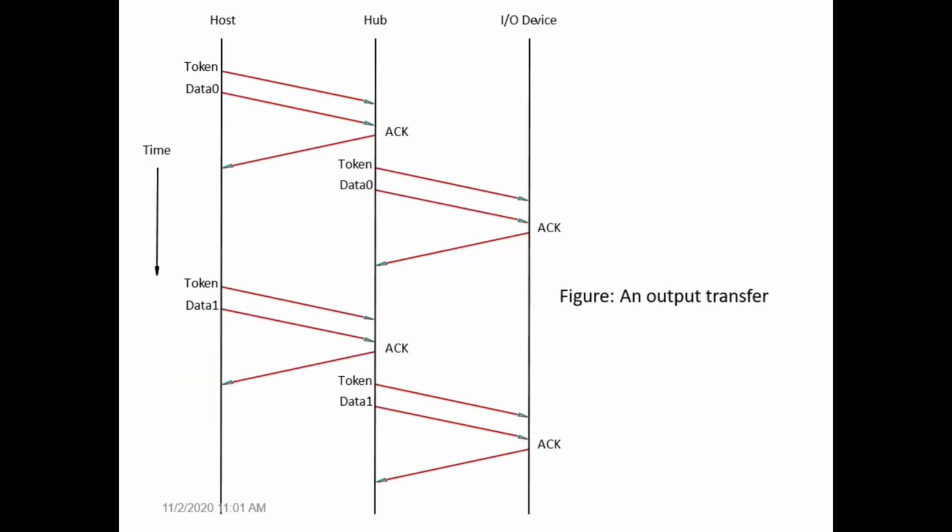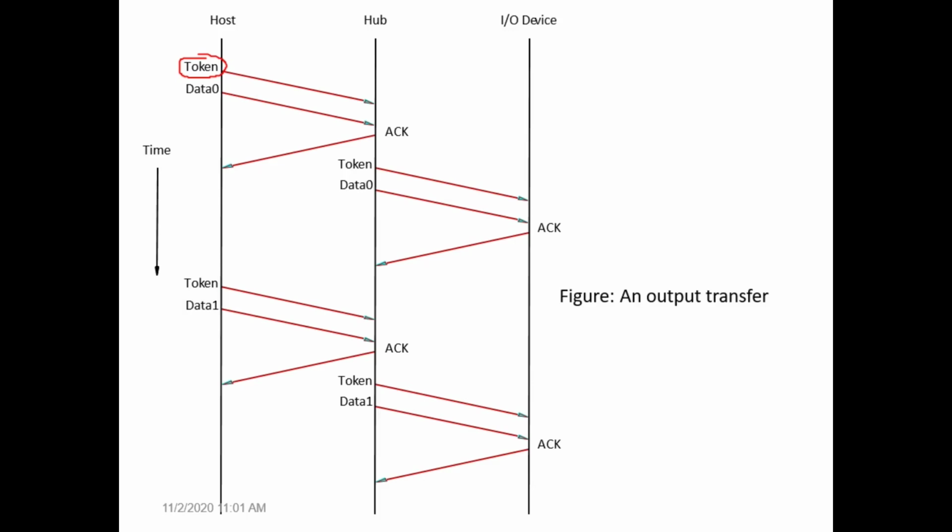So this is the diagram where it is explained how data is getting transferred from a processor to a particular IO device connected in the tree structure of the USB. Okay. So now you can see here, initially a token is sent from the host computer using the root hub. We know that only the root USB hub is connected to the host computer, right? All other devices are connected using a tree structure. So the host computer sends a token which will have the address of an IO device.